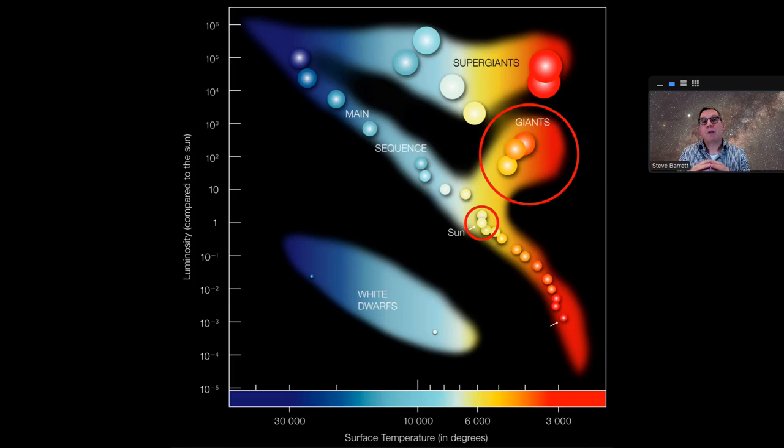The hot core of the star that's exposed once the outer atmosphere has been blown away into a planetary nebula, the hot core is a white dwarf. It's relatively small, so it's not very luminous, so it's a little bit further down on the vertical axis, but it's quite hot, so it's further to the left than the Sun because it's hotter. Notice the scale runs from cold on the right to hot on the left of this horizontal scale.